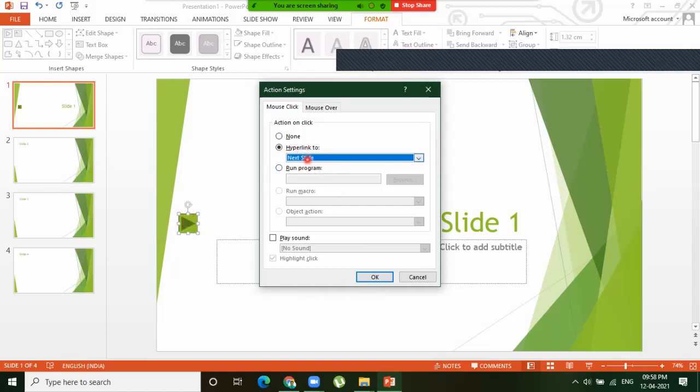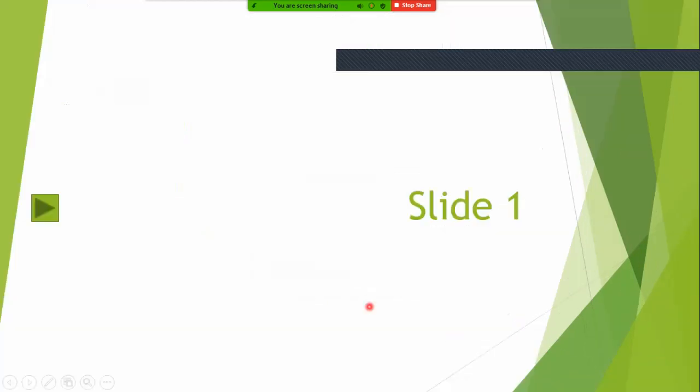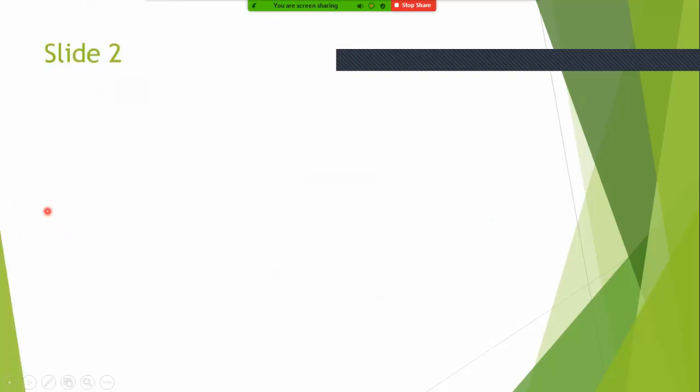So here I have chosen next slide, then click OK, then go to the slideshow, click on the slideshow button. So click on this action button. When I click this action button, the next slide has to be displayed. Right, see, when I click action button, the second slide is displayed.